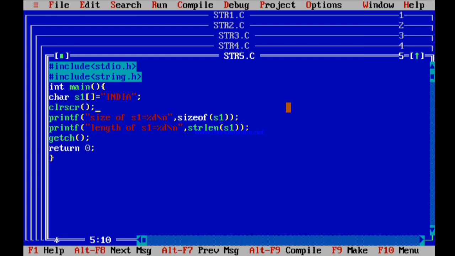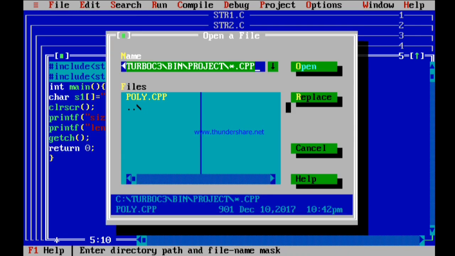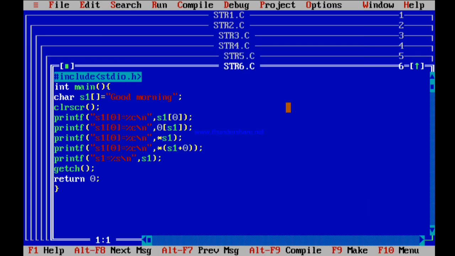Okay, we move to the next program, friends. In this particular program, I just wanted to clarify how to print individual characters of your string. So this string is created as an array of characters, an array of characters. If you want, you can access or retrieve individual characters of your string just by specifying the name of your string along with some index value.